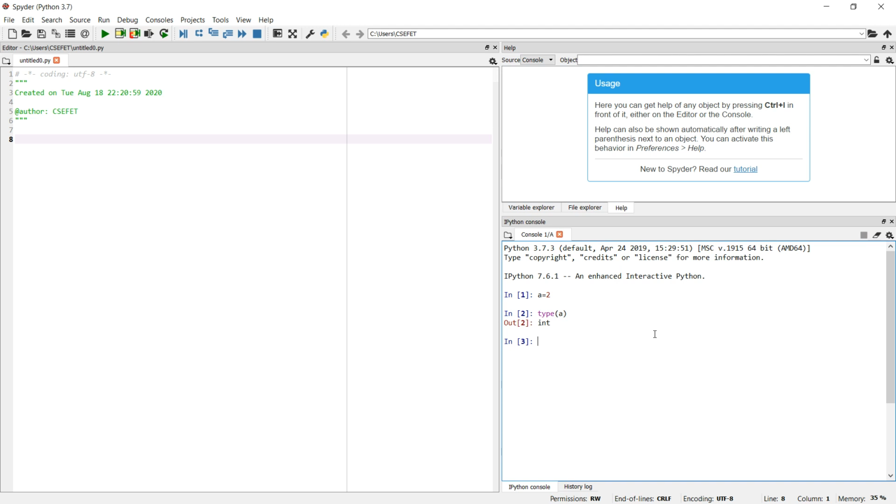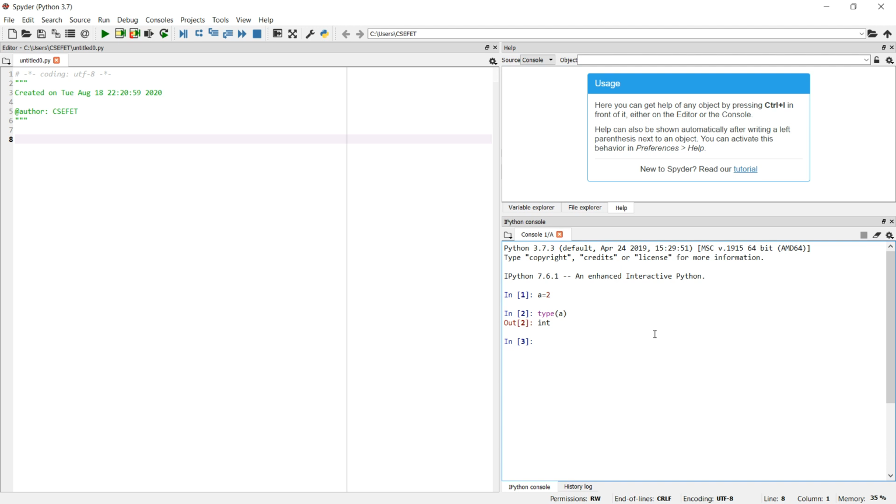In Python 3.0, there is no limit on the size of the number which an integer can store. So there is no long int, there is no short int. There is only one int, which is there to store all the integer numbers without any restriction on size. Similarly, for naming variables, there is no restriction on the length. Yes, it should begin with an alphabet. It can begin with an underscore. It cannot begin with a number, but a number can be used in the name of the variable.